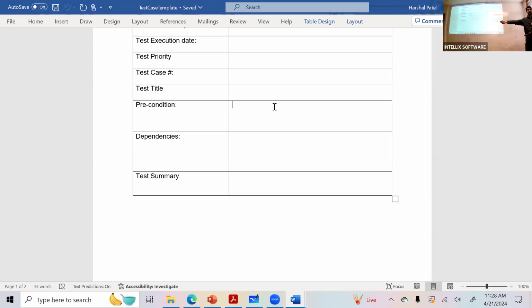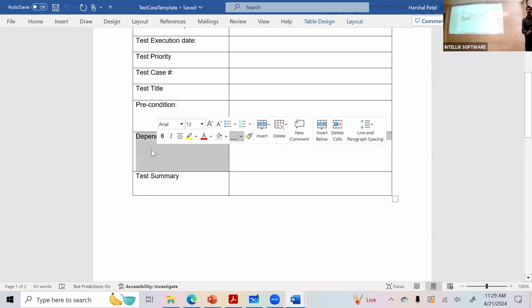That's a dependency. In the case of our flow, if I want to send a notification to the dealer whenever a lender approves or rejects a credit application, I'm dependent on the email system. If the email system is not there, it won't send out the notification. So that's what's called dependencies: what other things outside the system am I dependent on?